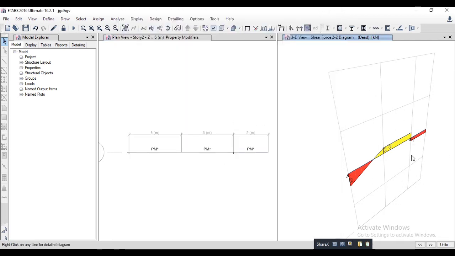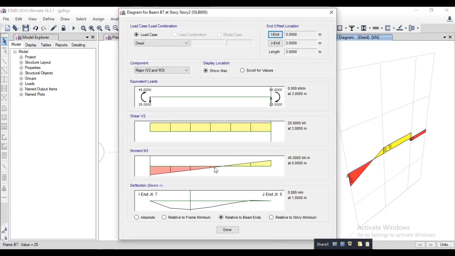And you can also scroll the value. This is the deflection shape, this is the moment diagram, this is the shear force diagram, and this one is the reaction diagram. Then go done.